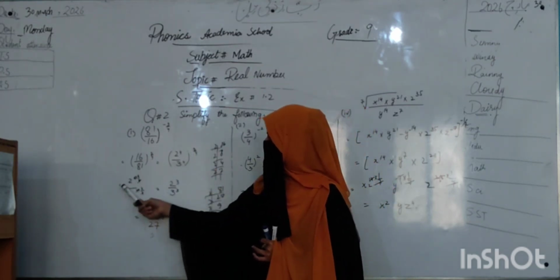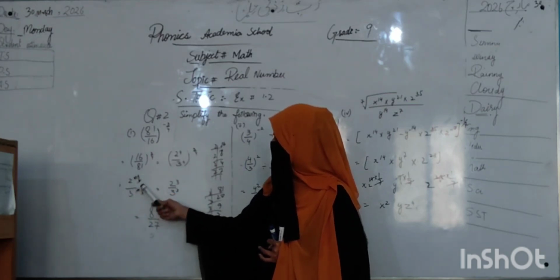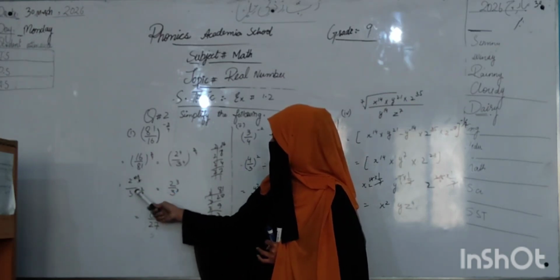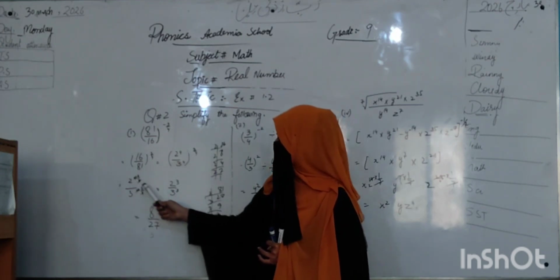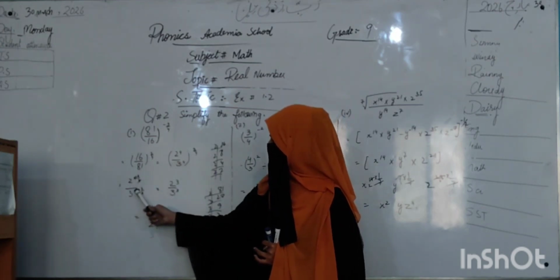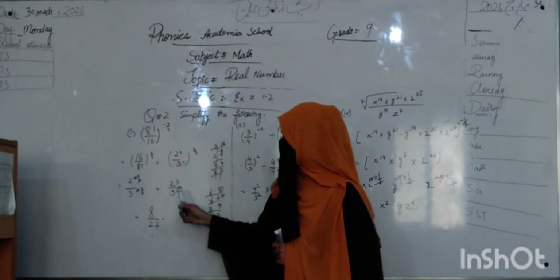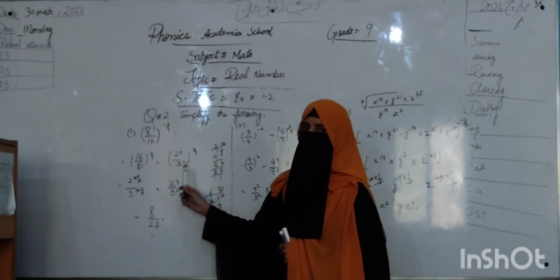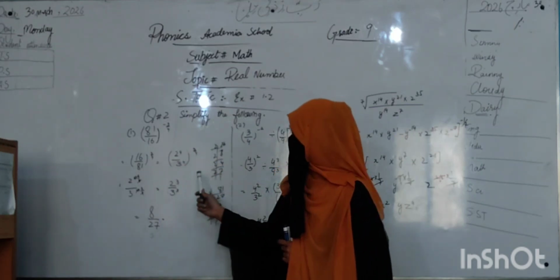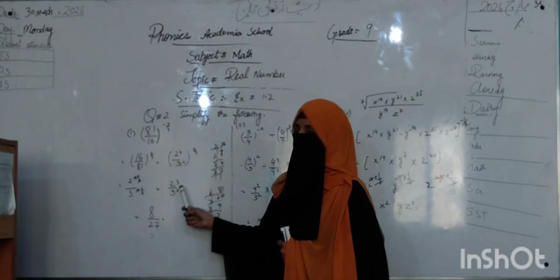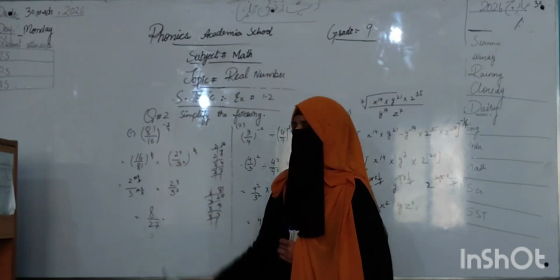Then it is equal to 2 to the power 4 times 3/4 over 3 to the power 4 times 3/4. The 4 cuts with 4, so the 2 is to the power of 3, and the 3 is to the power of 3. Multiplying 2 three times: 2 times 2 is 4, 4 times 2 is 8. Then 3 times 3 is 9, 9 times 3 is 27. So the answer is 8/27.